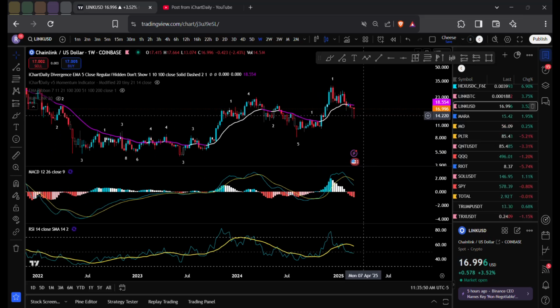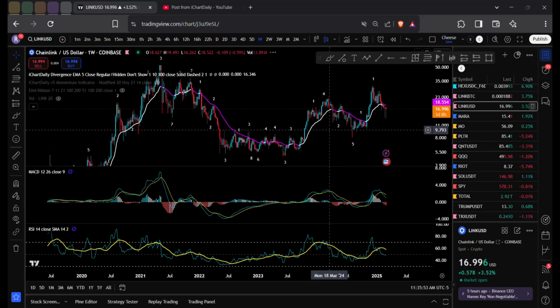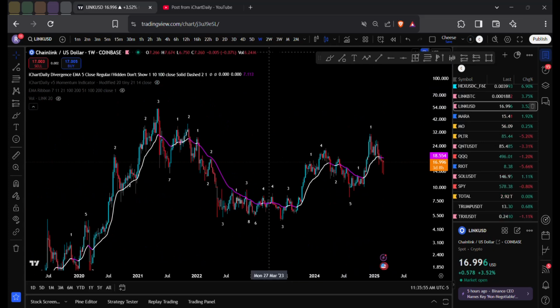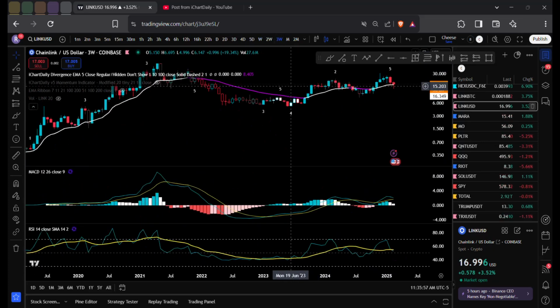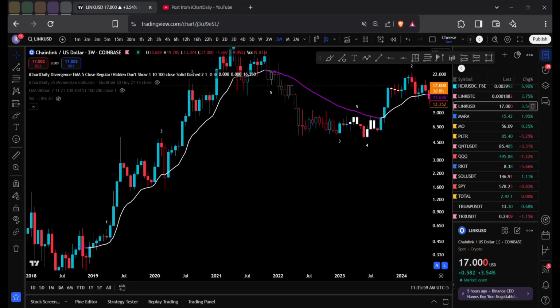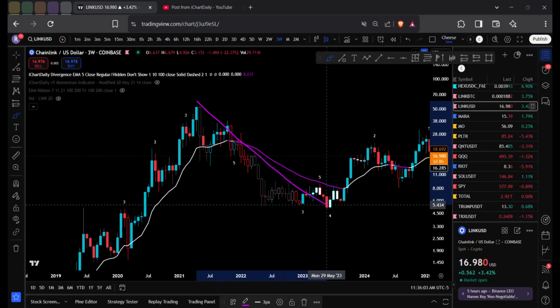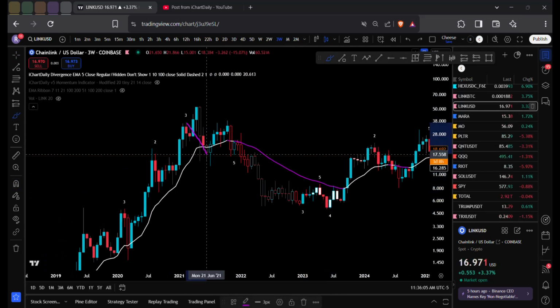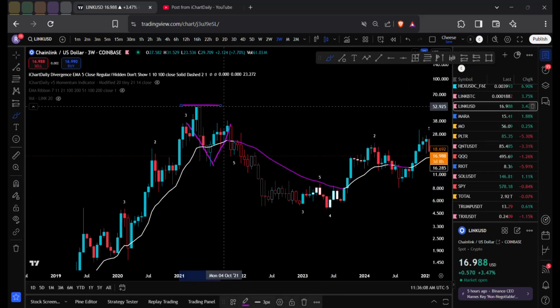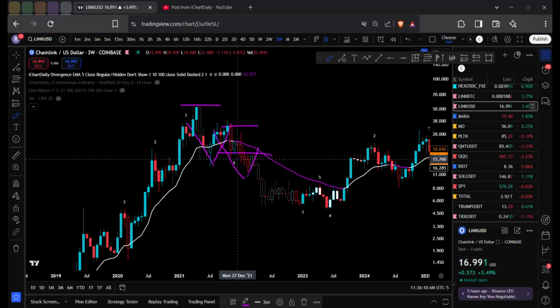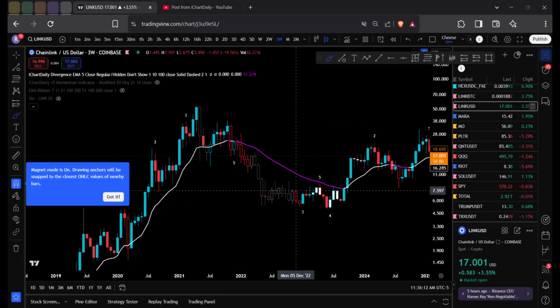Panic means we make a lower high, lower low, lower high, lower low. This is panic time, okay? Not really panic time. It's really the best time to buy. But if you're in leverage or if you need the money, this is panic time. Because it goes down, it comes up, and it forms a lower high. Goes down, comes up, forms a lower high, lower high, lower high.